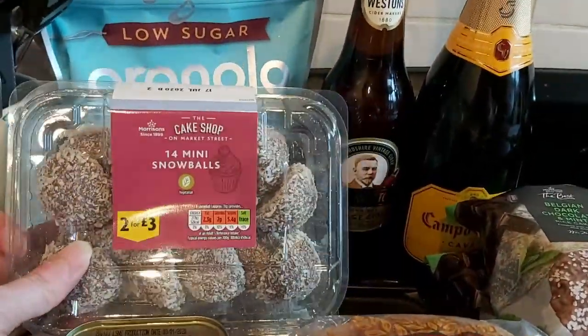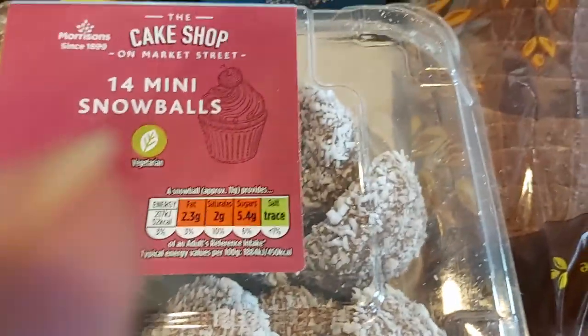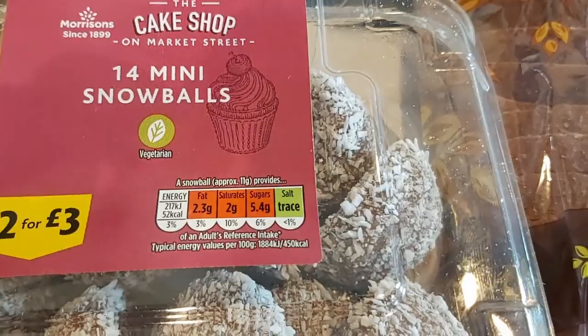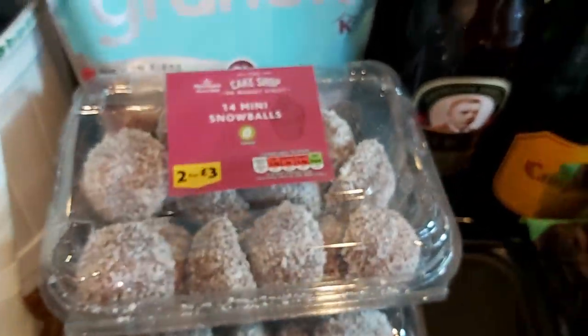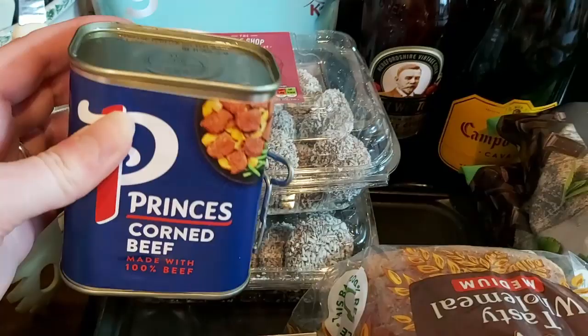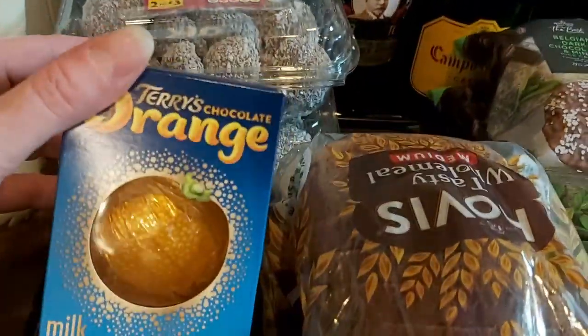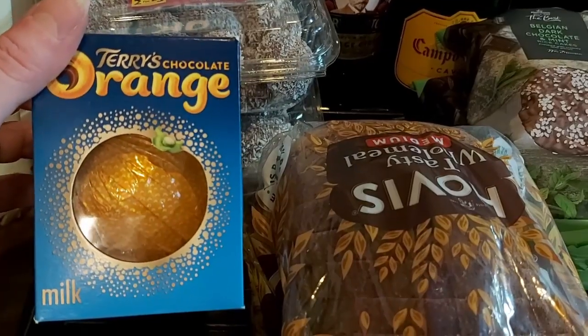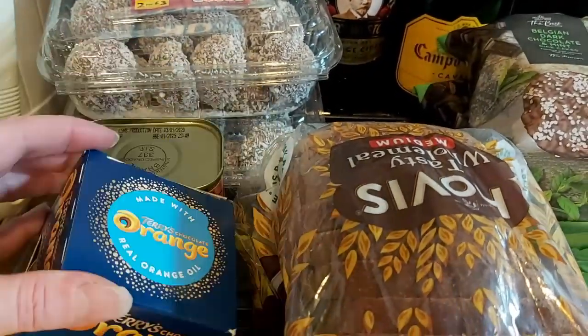And then I couldn't get the other snowballs or Tunnock's tea cakes, which was horrifically horrible not getting those. But I've got these 14 mini snowballs, and I got 2 packs because they were 2 for £3. I think they're 52 calories each. You're not just going to eat one, are you? Let's face it. Some corned beef, and another lockdown essential, a Terry's chocolate orange, because just why wouldn't we treat